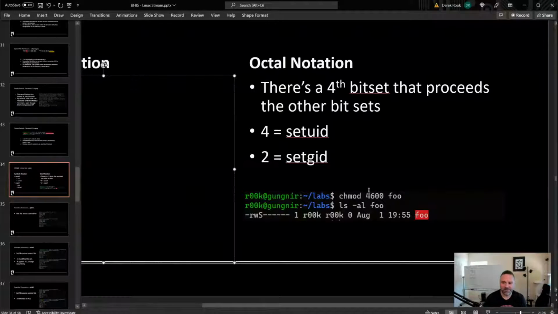And 4 is the setuid bit. And we see the setuid bit set for the user there because we added the 4 on the end. So all special permissions are that 4th digit. Hopefully that covered why there are 4 digits sometimes.